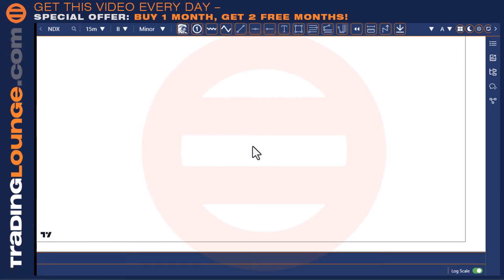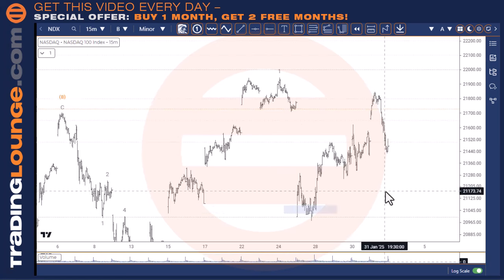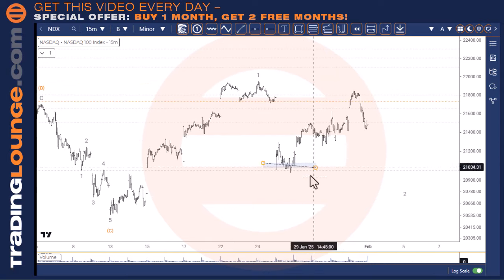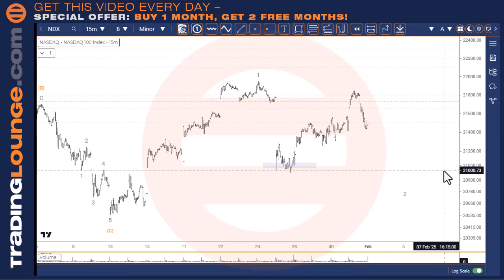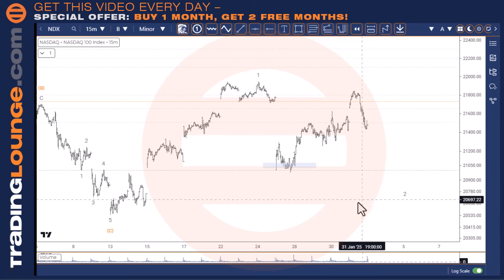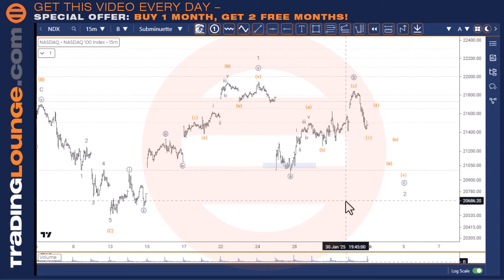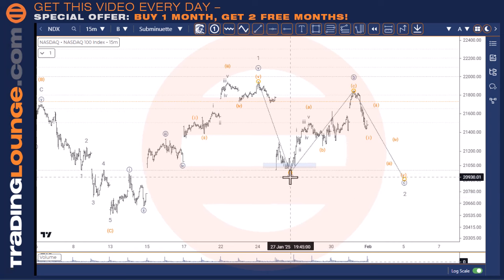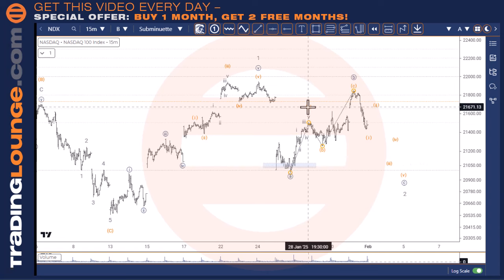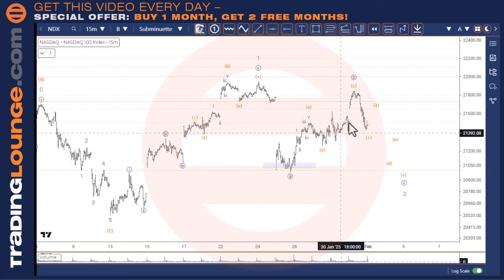it should be sort of down towards that last low here, down into this sort of area here, the 21,000 at that point, and I'll just populate this labeling here. So yeah, a nice A. We do have a nice 5-wave structure in here. So the A, the B, and the C wave here. You could probably label that a bit differently and put the B wave over here as well. But it doesn't matter. We've got that nice sort of impulse wave down here,